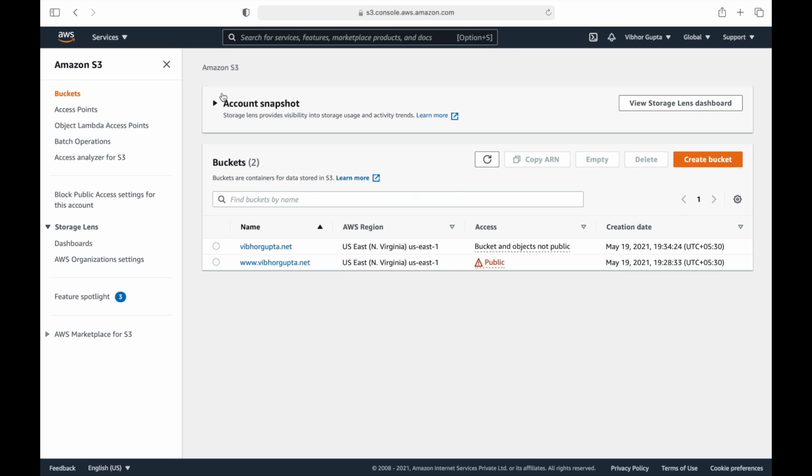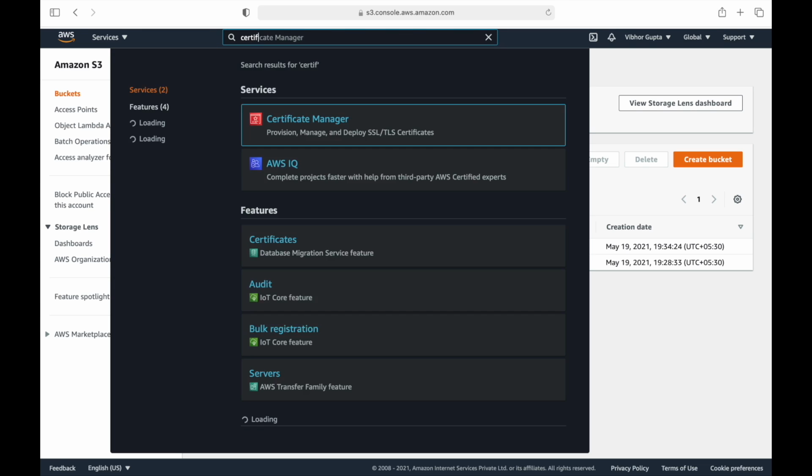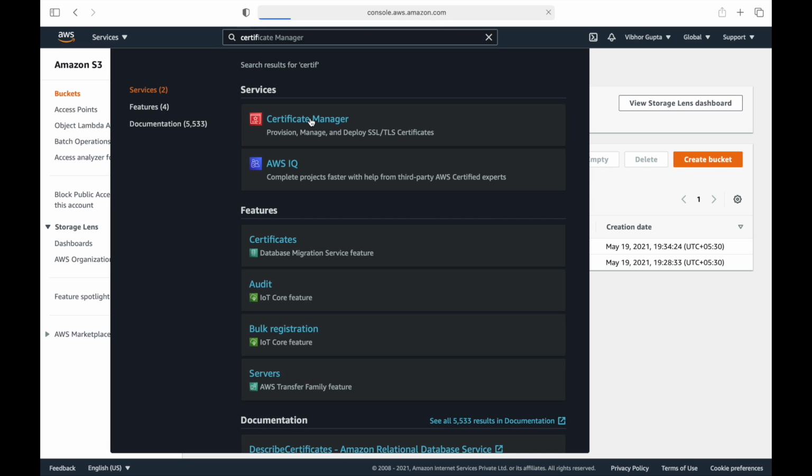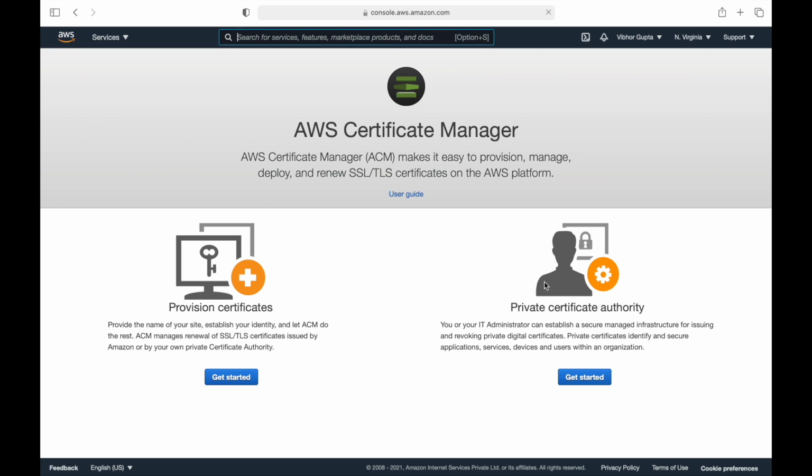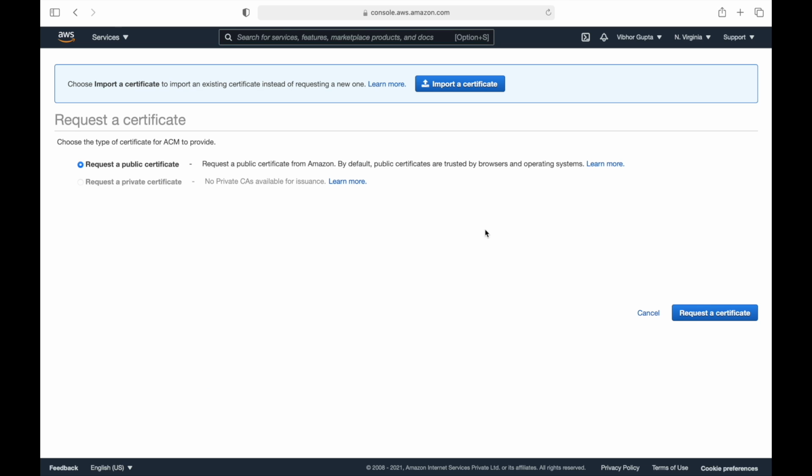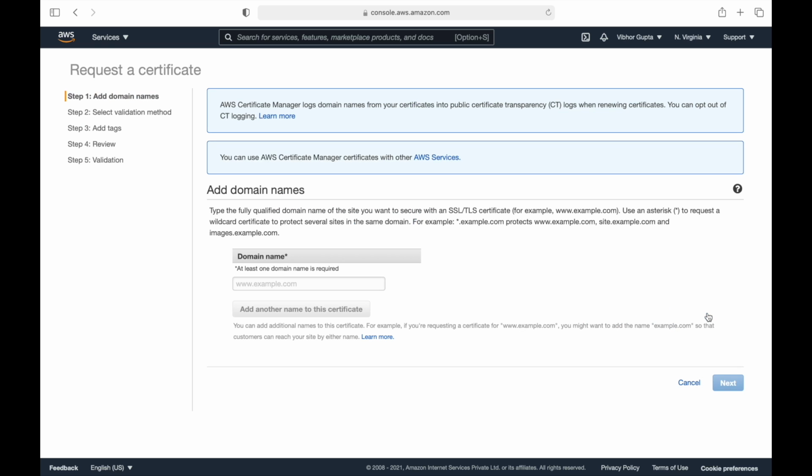Let's move on to Certificate Manager and create our certificate. Search for Certificate Manager. Click on it. Go to Provision Certificate. Request a public certificate. And then we have to give the domain name.